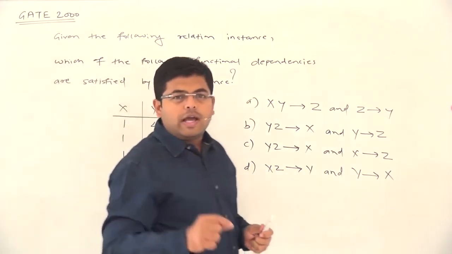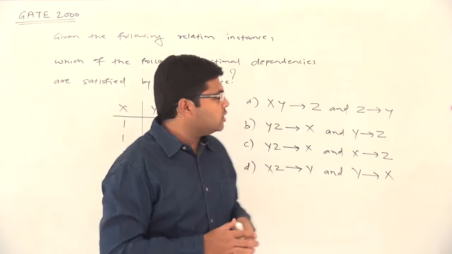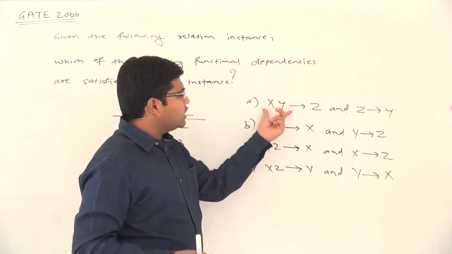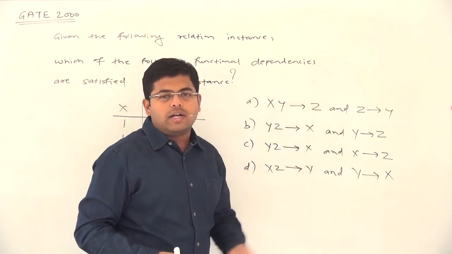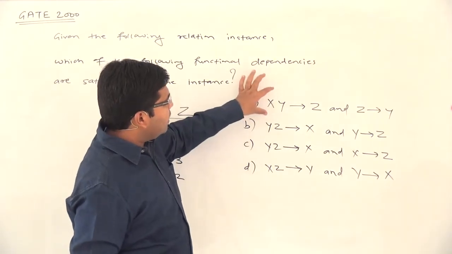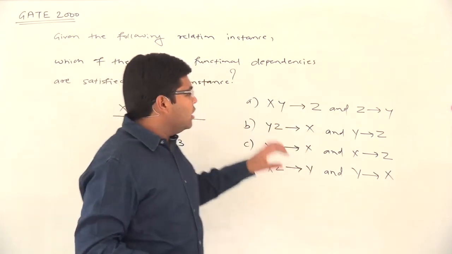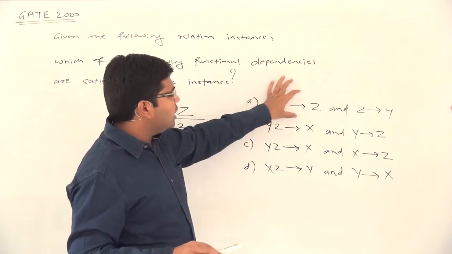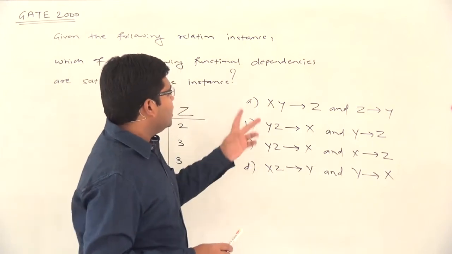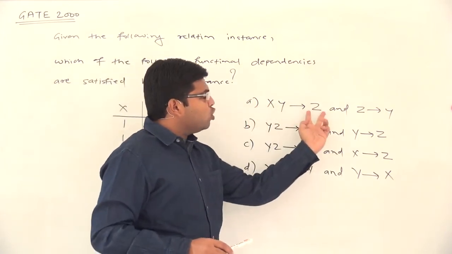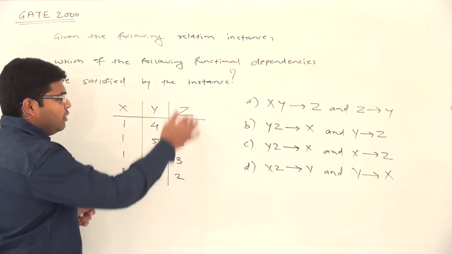So let's quickly revise the basics of FD that we saw in the last session. Whenever the left hand side can determine the right hand side, we say the FD is valid. Or, the left hand side should uniquely determine the value of the right hand side. Or, whenever there is an agreement on the left hand side, there must also be an agreement on the right hand side, and only then the FD will be valid. If there is no agreement on the left hand side, you need not check the right hand side; the FD will always be valid. The FD will be invalid if and only if there is agreement on the left hand side, but there is no corresponding agreement on the right hand side. So we will observe the data and check the options one by one.